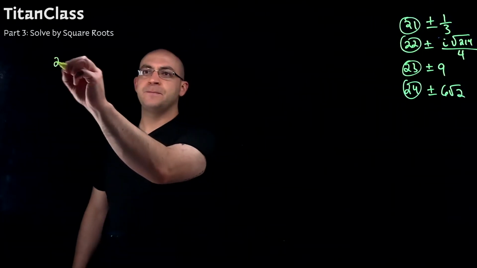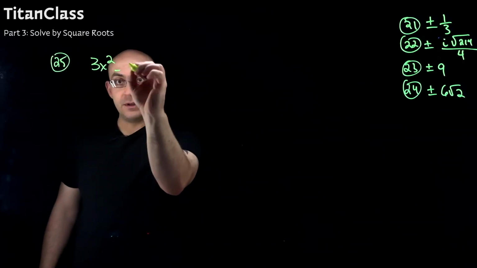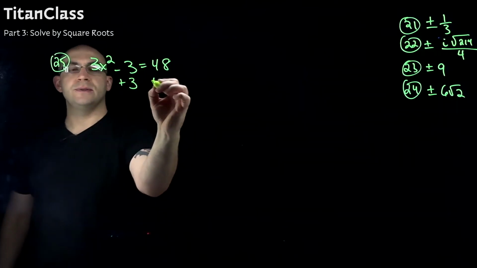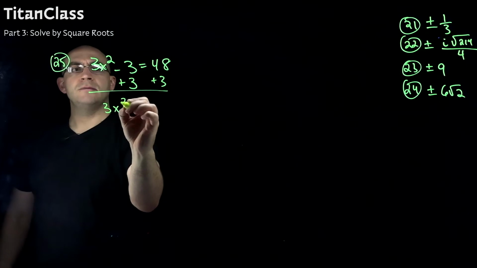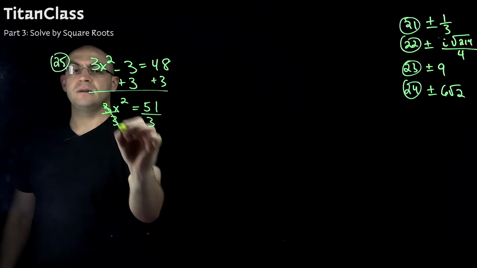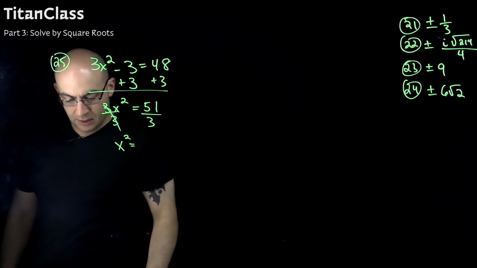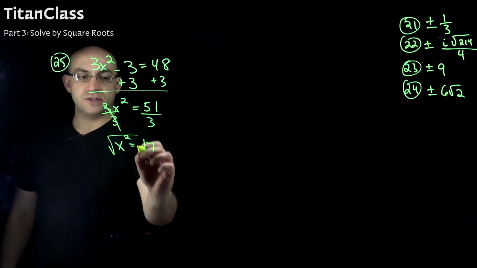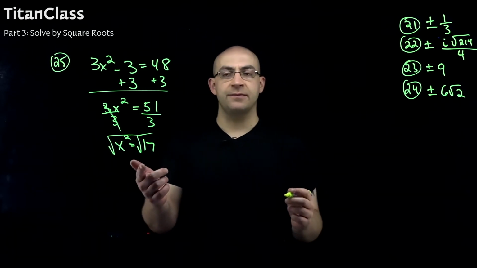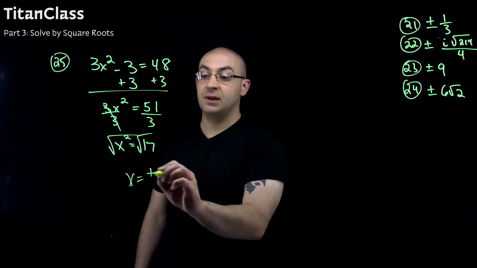Number 25. 3x squared minus 3 equals 48. Okay, we're going to add 3 to both sides. 3x squared is going to equal 51. We'll divide by 3 on both sides, which is going to give me x squared equals, I should know this in my head, 17. I didn't. We're going to square root both sides. Now, the square root of 17 does not have a perfect square factor, and it's not factorable in any other way. So my answer is actually going to be x equals plus or minus the square root